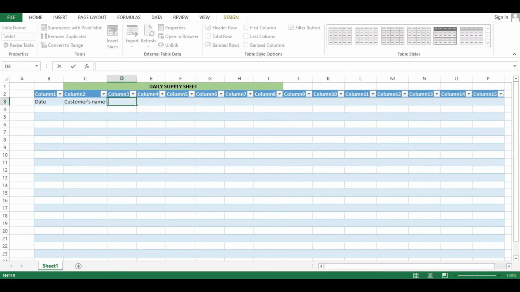Let's take for example, you are a soft drinks distributor and you work with numerous soft drink companies. So you want to list out the soft drinks. Soft drink 1, soft drink 2, soft drink 3,